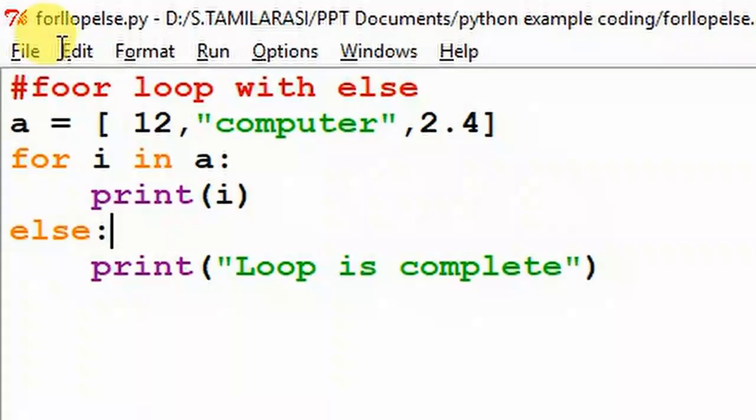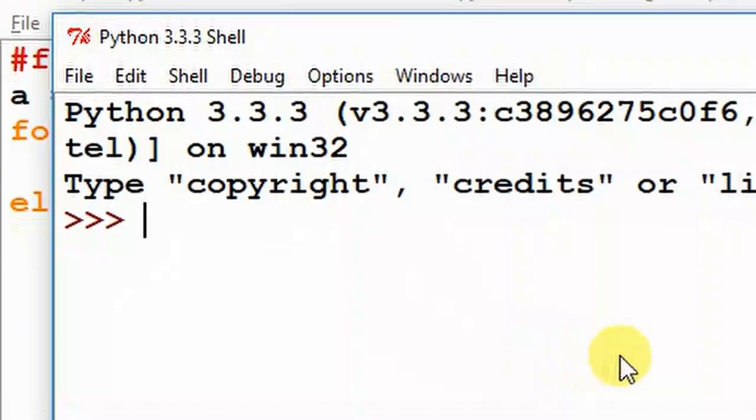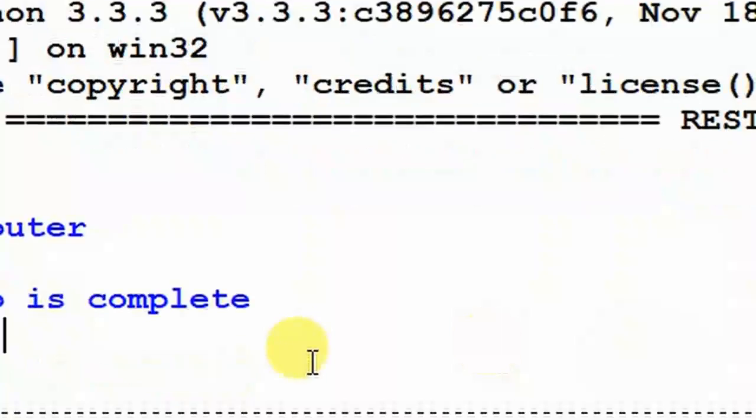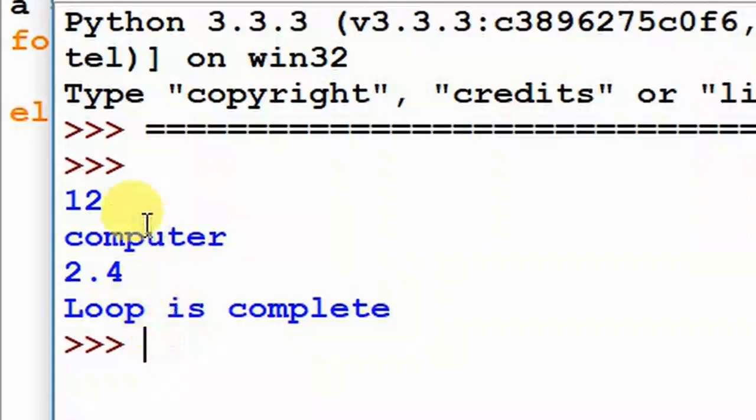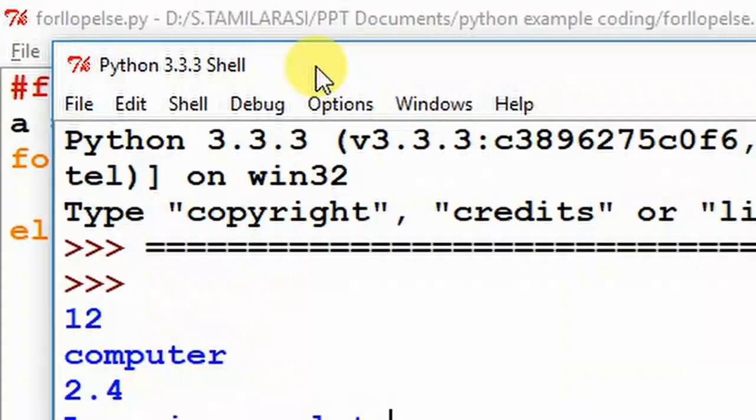The code has run. Finally the output shows: first 12, next computer, next 2.4. Finally, the else statement prints loop is complete. This is the for with else statement.